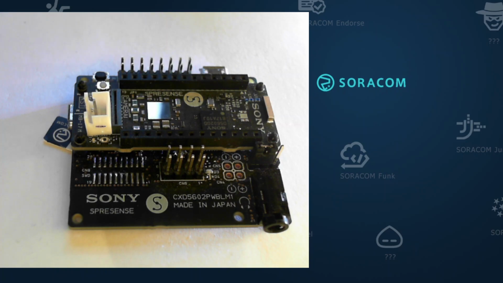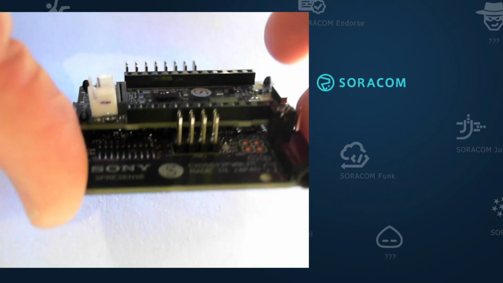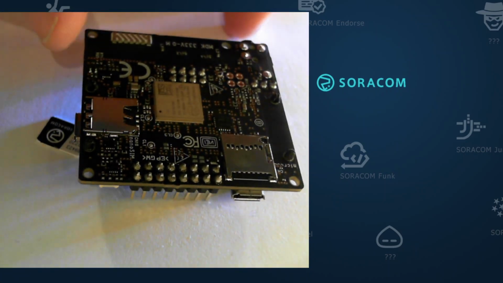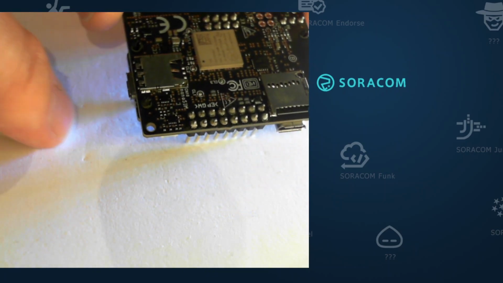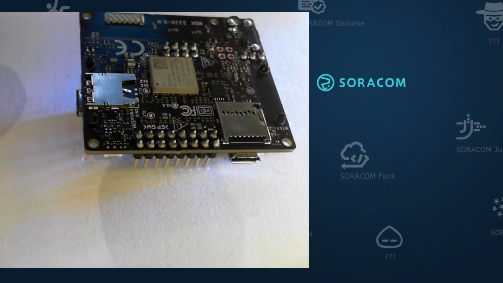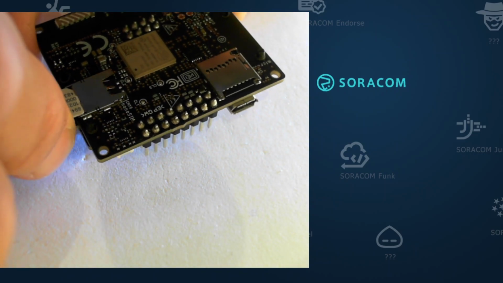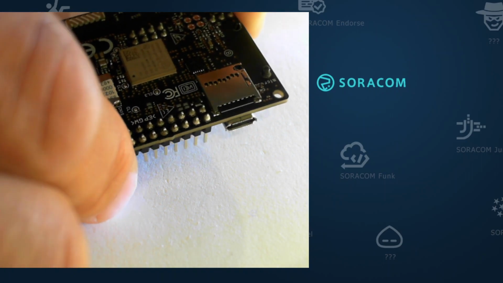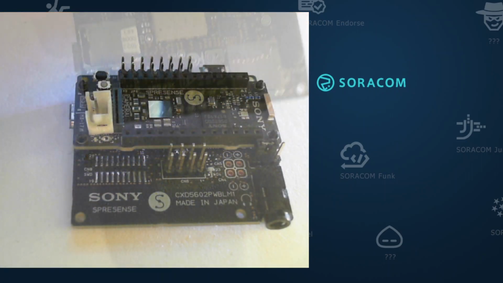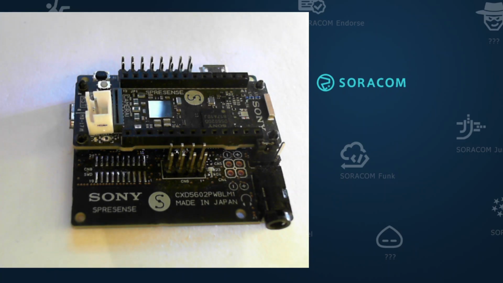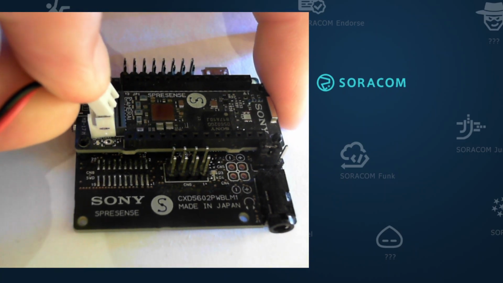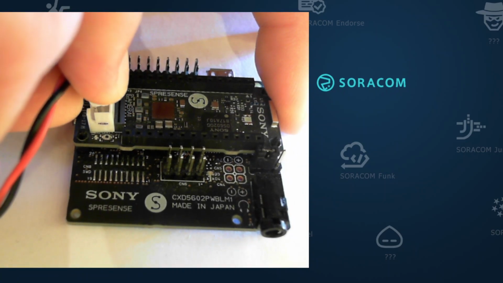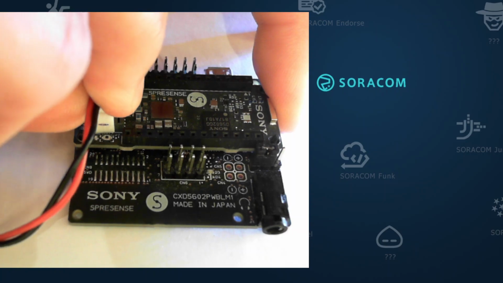This is the Sony Spresense board with a soldered plug for the power supply. At the bottom is the LTE-M expansion board. You can see the module here, and I will insert the SIM card into the SIM card slot. That's it. Now I will connect the power cable to the soldered plug like this,